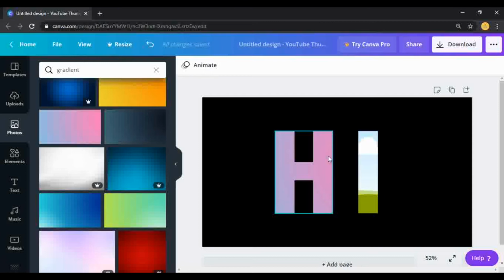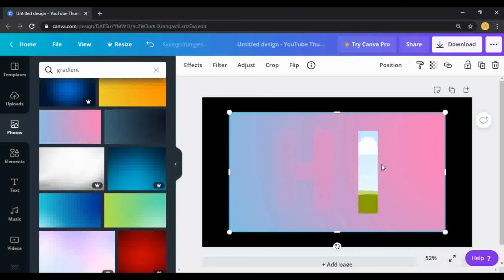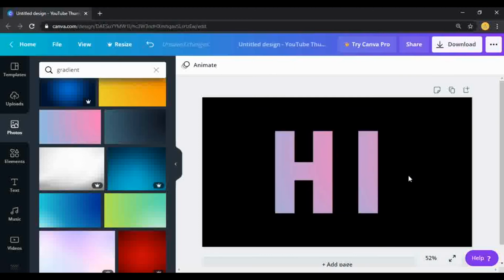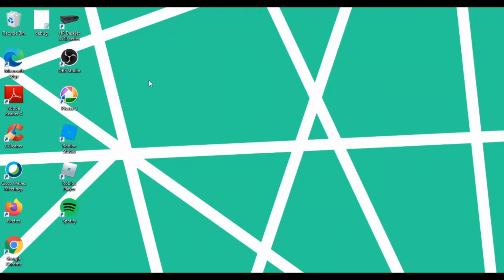And yes, and now do the same for the I or whatever letter you have. And now maybe you could have adjusted it like before, make the picture smaller, or you can make it bigger according to your preference. And that's how you create your gradient text effect